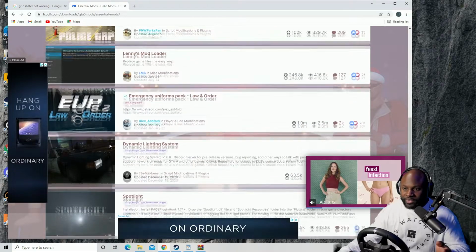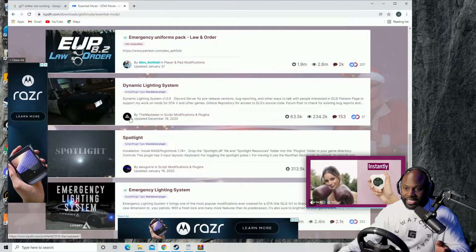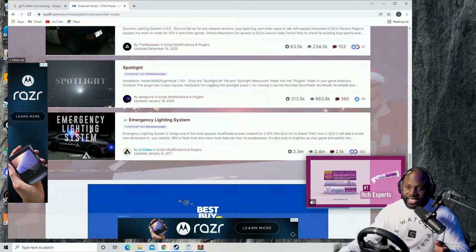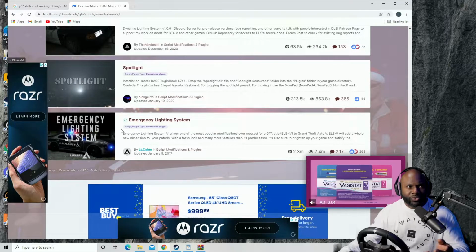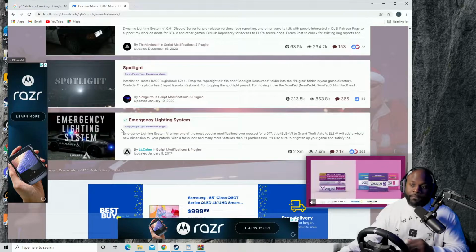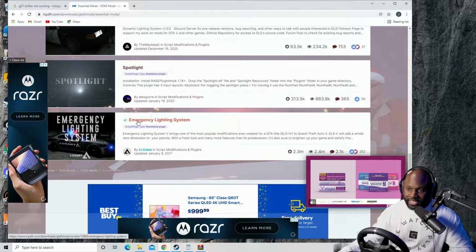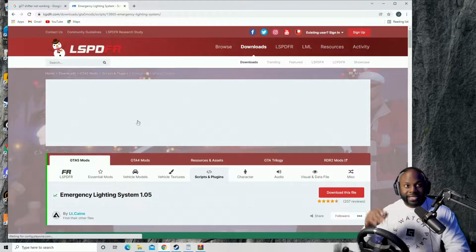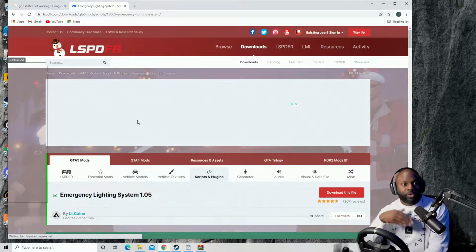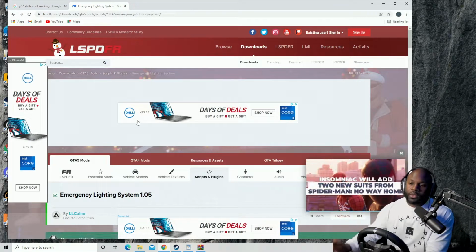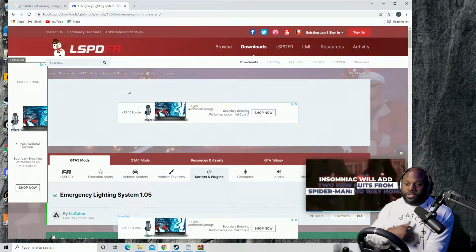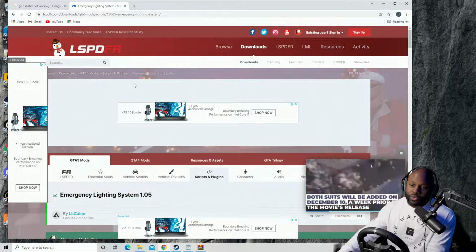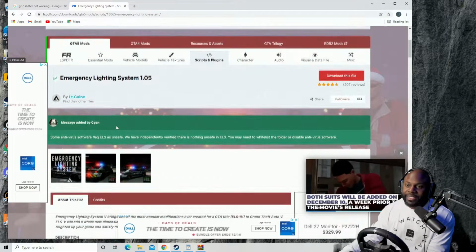So what we're going to do is scroll down until we see the emergency lighting system. I think I was saying emergency electrical system or something like that in the last video. The emergency lighting system, this is ELS. So if you download an ELS vehicle, this is what you need in order for the lights to work. So go to lspdfr.com, go to downloads, go to essential mods, and scroll down to emergency lighting system. Click on it,